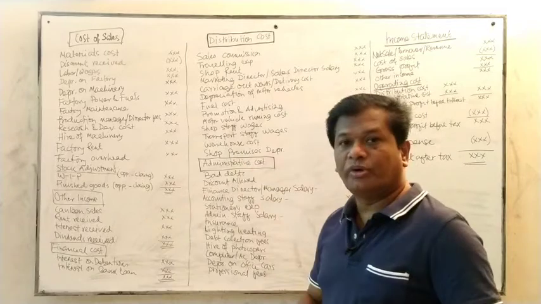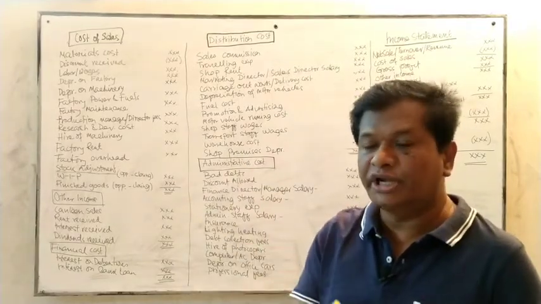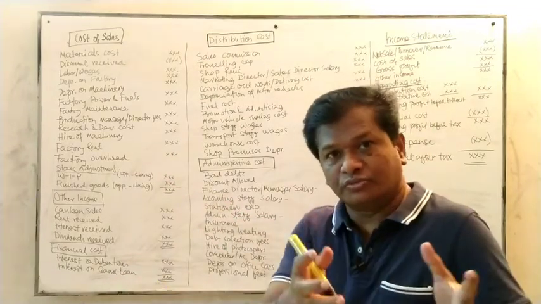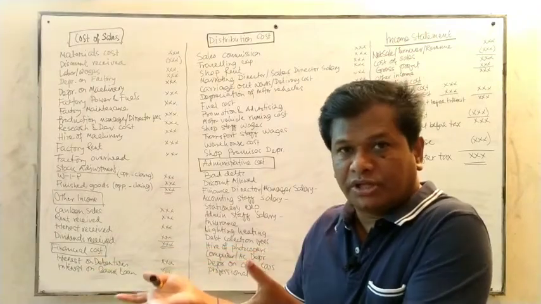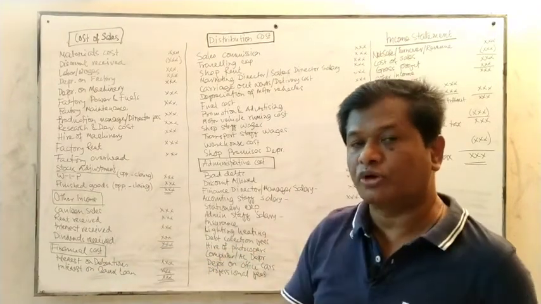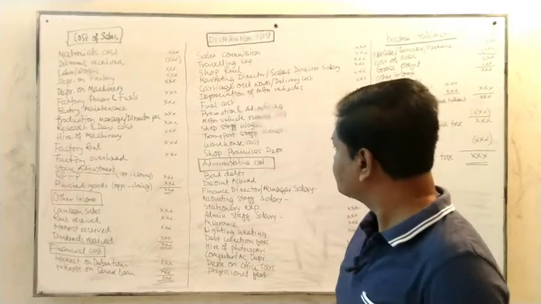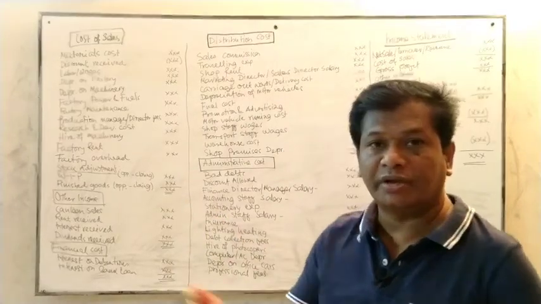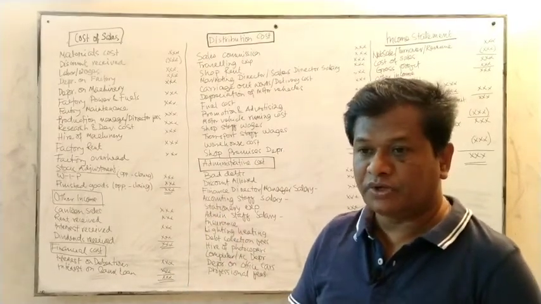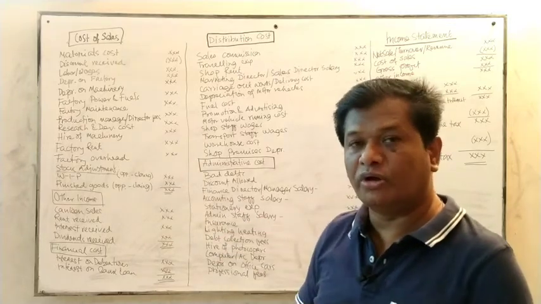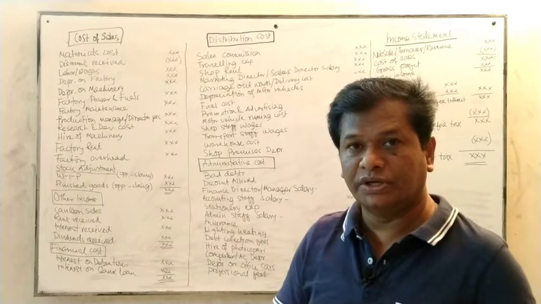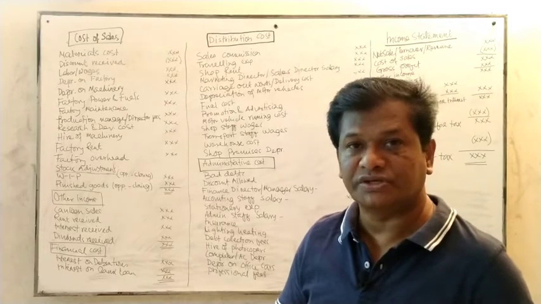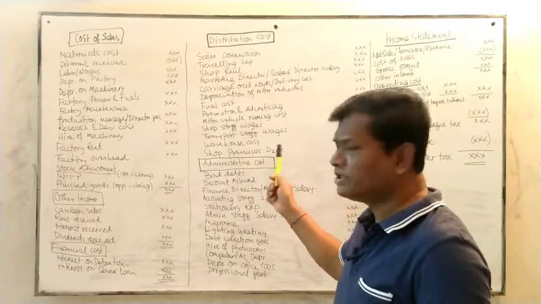Again, the warehouse cost. Once the goods are produced, they need to reach the sales department. So the goods produced have to be kept in a safe place. That place is called the warehouse. So warehouse cost is also a distribution cost. And shop premises depreciation. Where the shop premises are, anything can happen, that's why, according to the company law and the company's policies, you have to make some depreciation of your showroom or shop premises. So that is the shop premises depreciation.